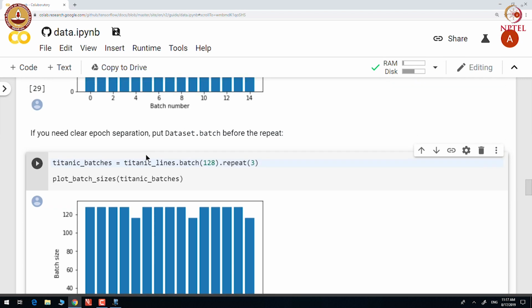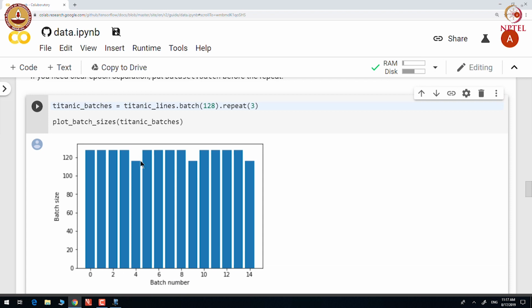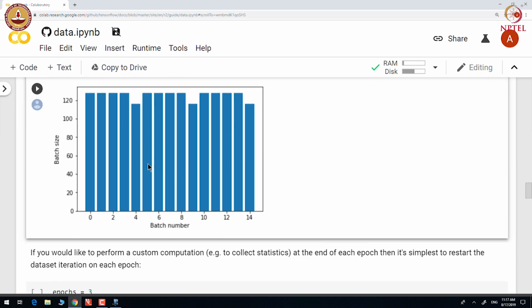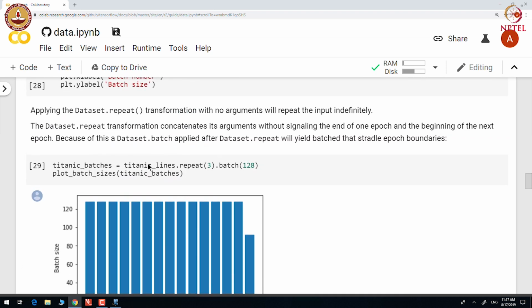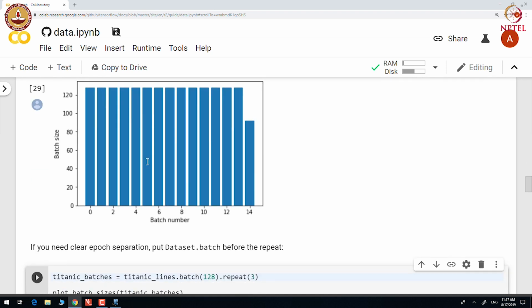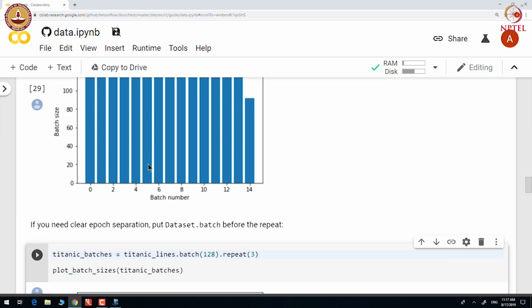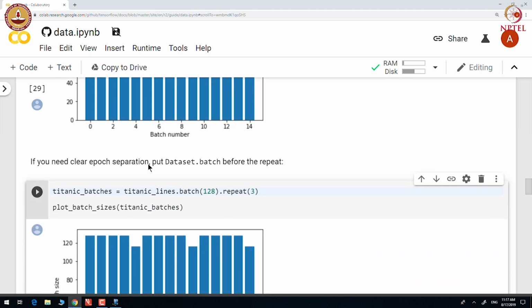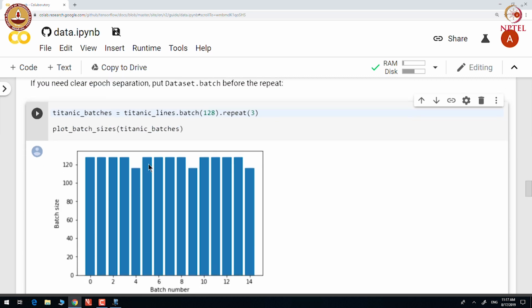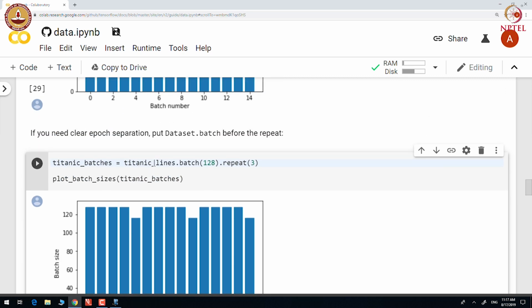So, you can see that here the batches are not straddling the epoch boundaries when we apply batch before repeat. In this case, it helps us to clear epoch separations.